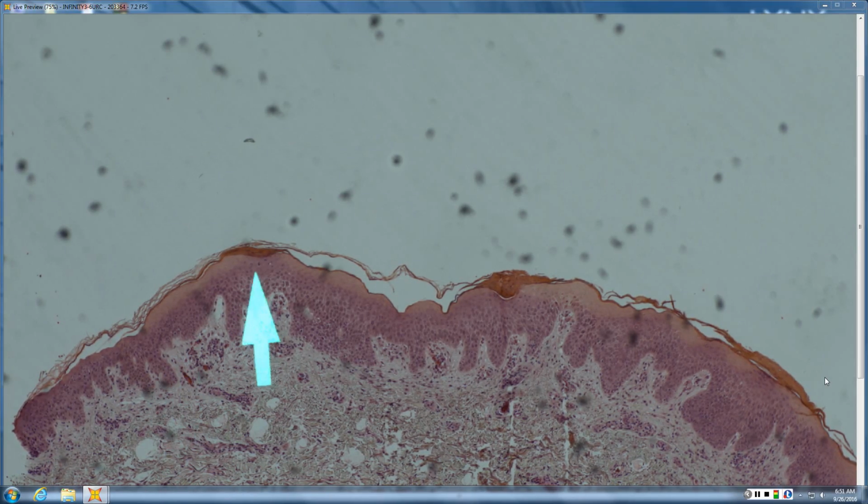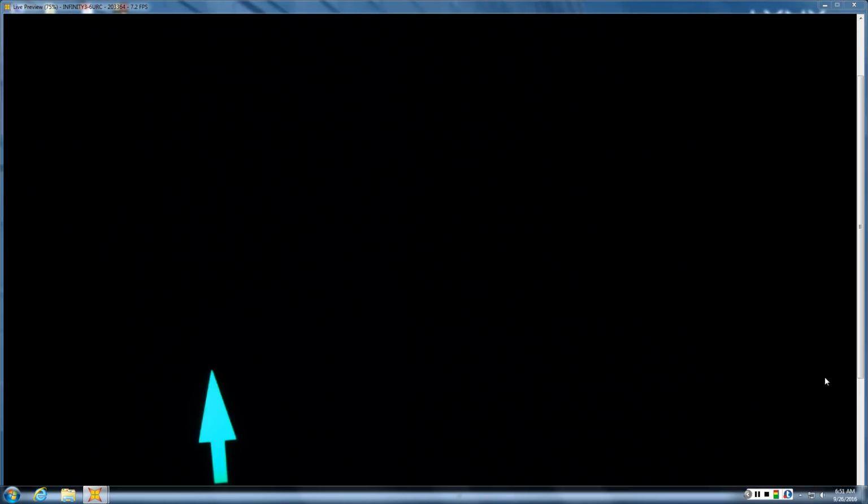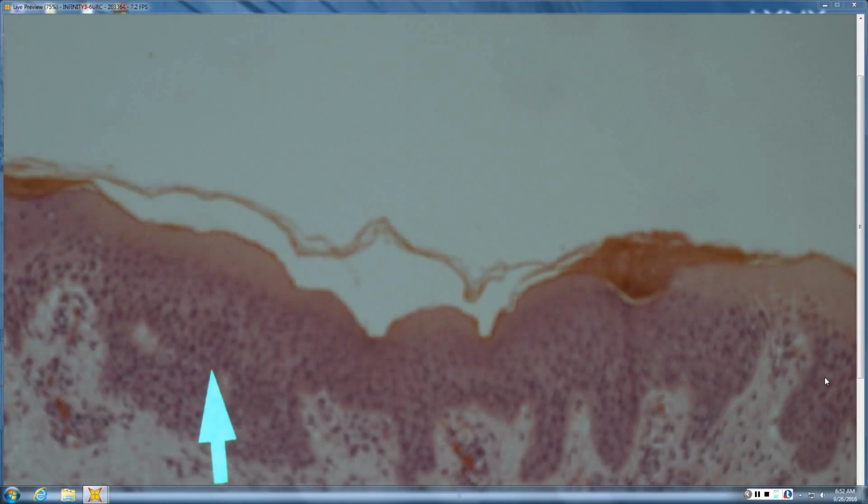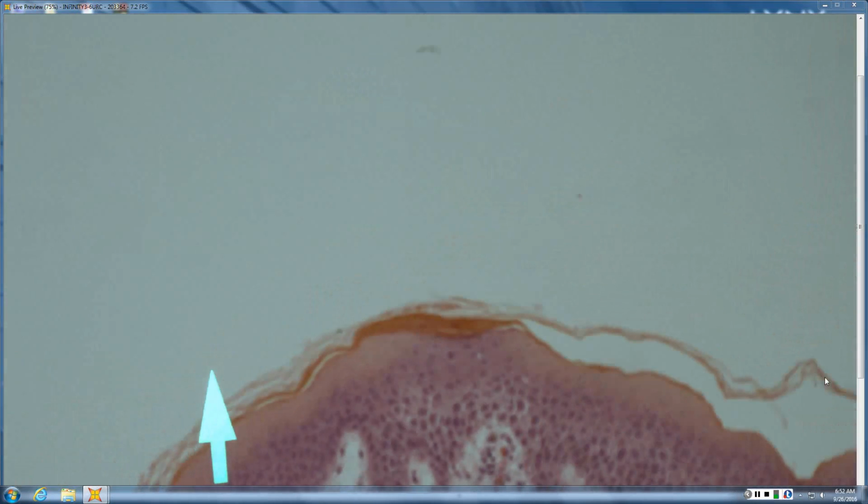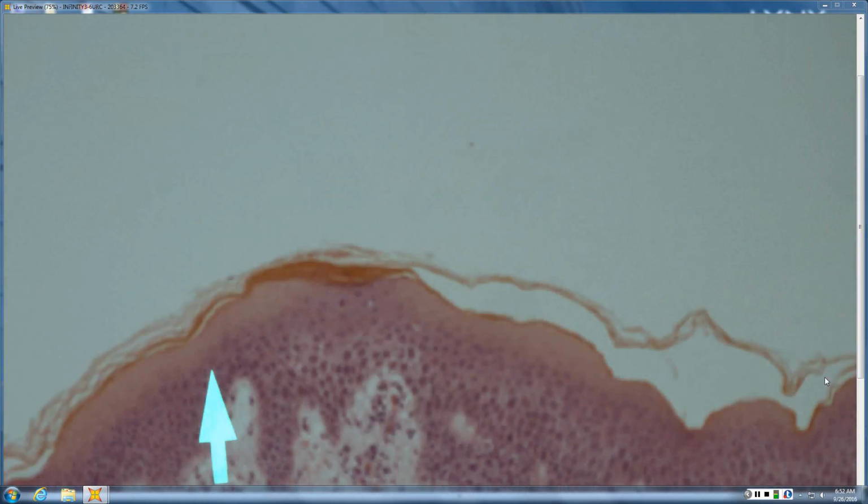So more spongiosis than what you'd see in other things. You don't typically see a whole lot of neutrophils in the actual horn itself. It's really just spongiosis and lymphocytic infiltrate, roughly at a 45-degree angle. The features are usually fairly subtle, which from the dermpath side we like to say if you have to hunt around for a while to turn it into PR, pretty good chance it is PR